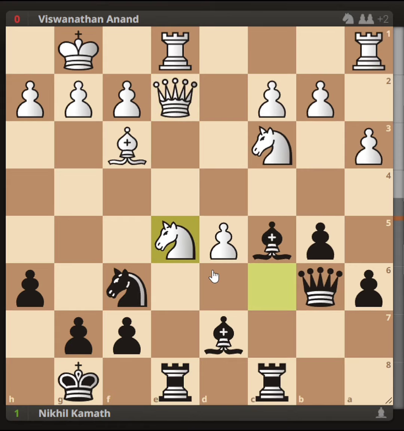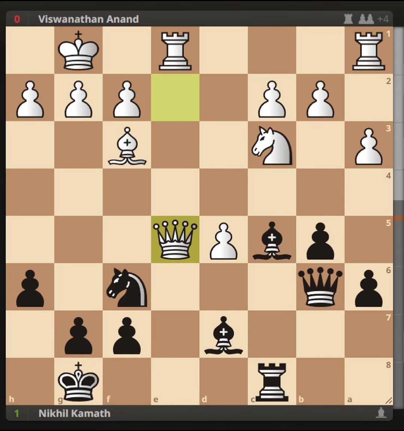Now Anand simply captured this, and everything was fine till here, but in this position Nikhil sacrificed his rook by rook takes e5, a brilliant move by the youngest cheater, the youngest billionaire. This is because after takes, bishop takes f2 check, and